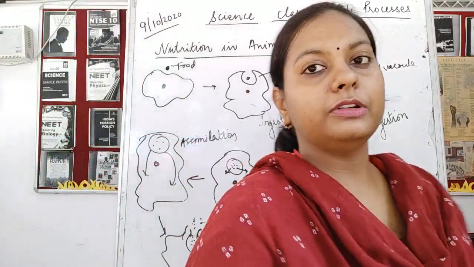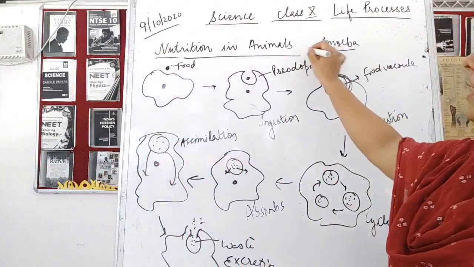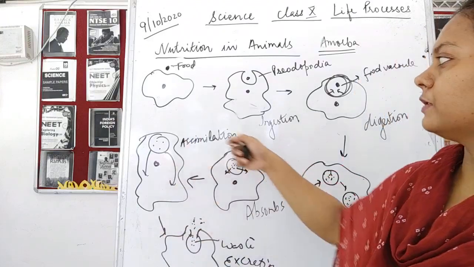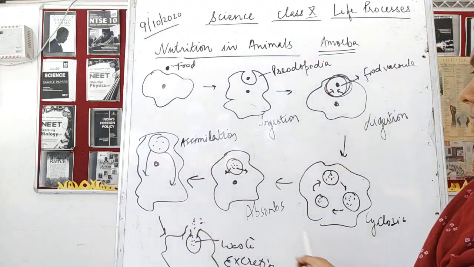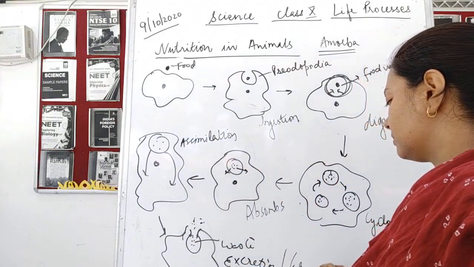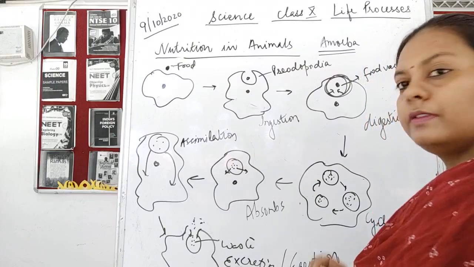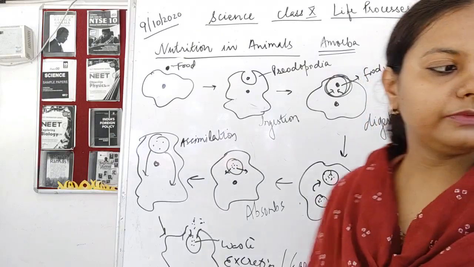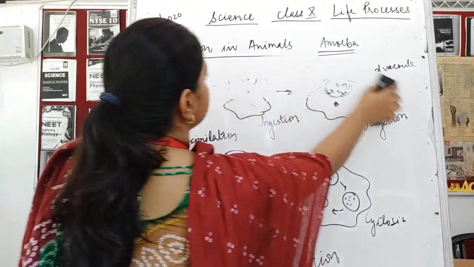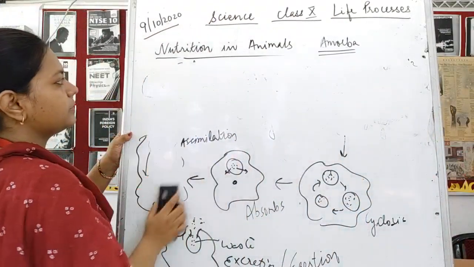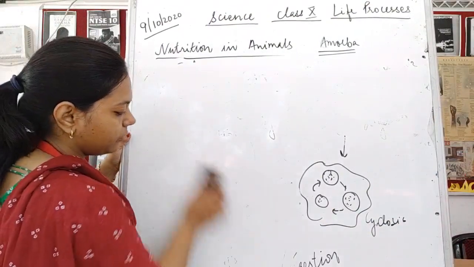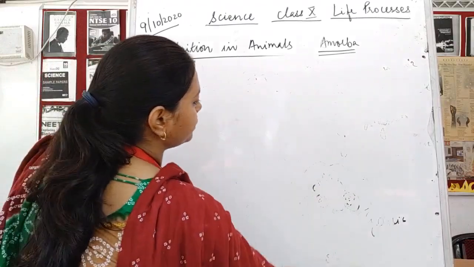Okay, so this was all about the nutrition in amoeba. We have to study about amoeba, which is a simple organism. Here the steps of nutrition start from ingestion, then digestion, then absorption, then assimilation, and the last one is egestion. It could be written as egestion also. Then after that we have to study the next part. The nutrition in the lower organism is what is given in your NCERT book, which you have to read about the amoeba's body. What happens in the amoeba's body during nutrition.